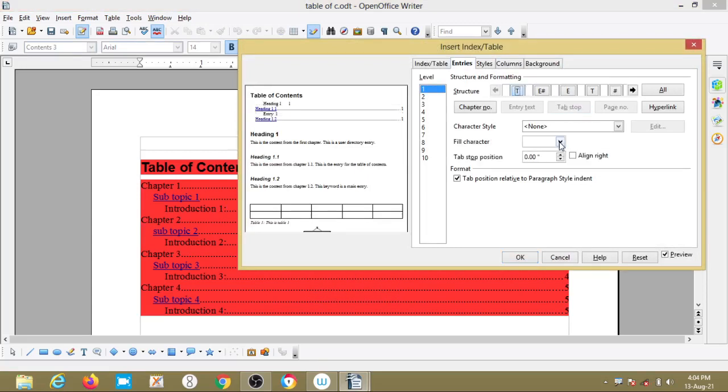If I want to click, it means I want to use some bullets and all. So character style means here we are using some bullets, right? So here I am using the bullet as dot. I want to make this underline. See the changes. Tab position and the underline.